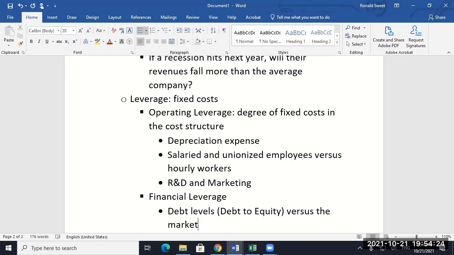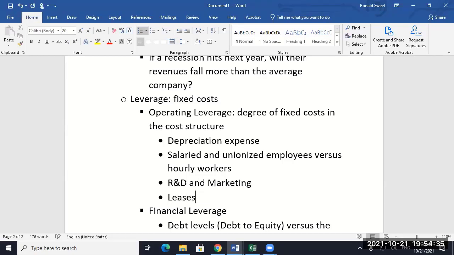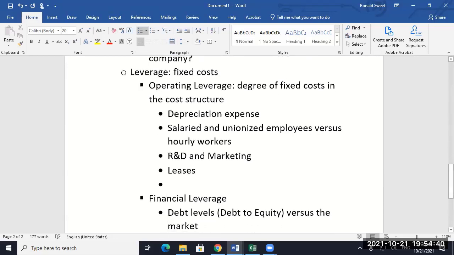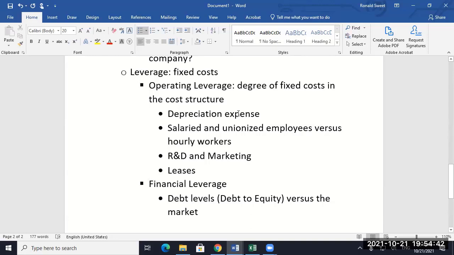There, I didn't use debt to equity. I used debt to EBITDA, but you could still use that to show if your firm's extremely high, extremely low on the debt. There are other things I've forgotten. There's like leases. Boy, I can't think about it, but there's some in the notes you can see.